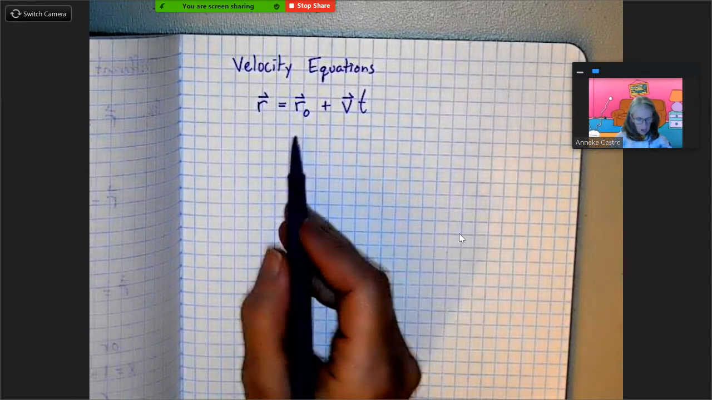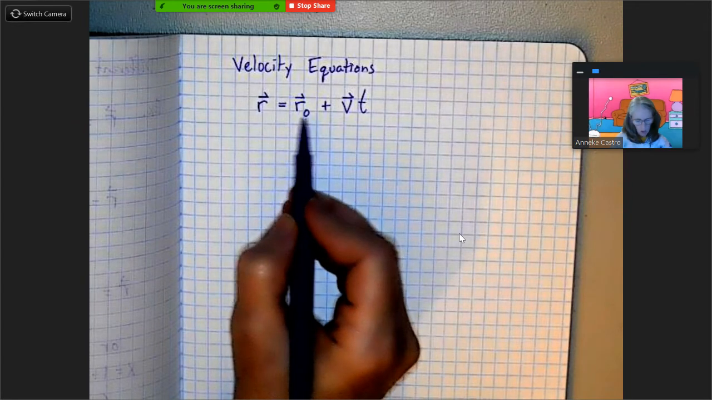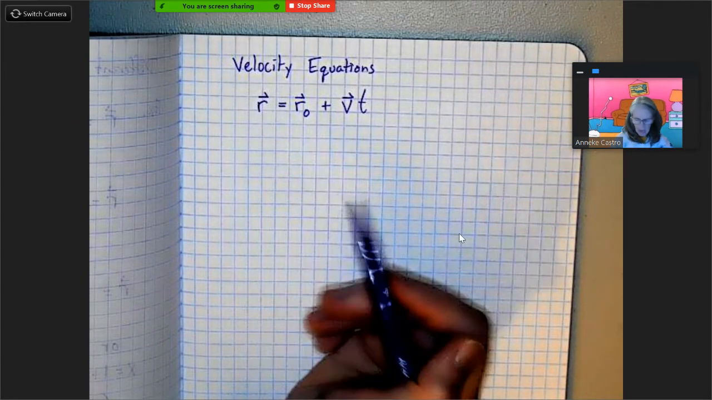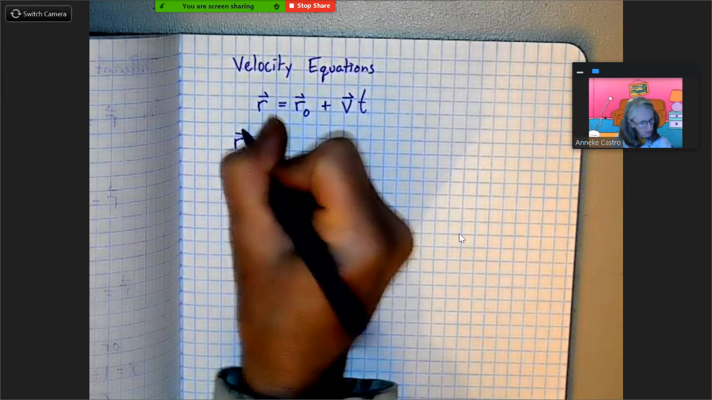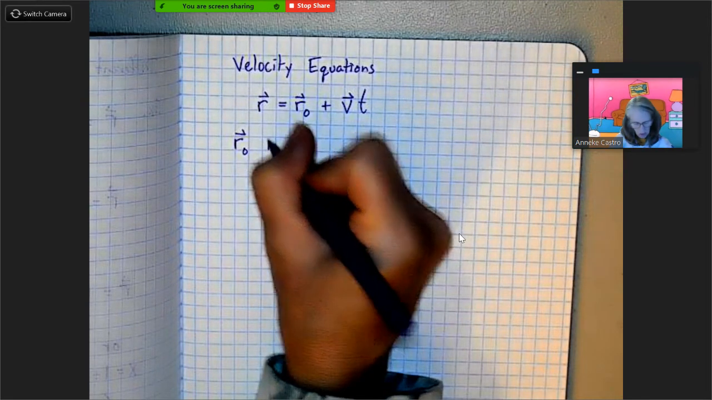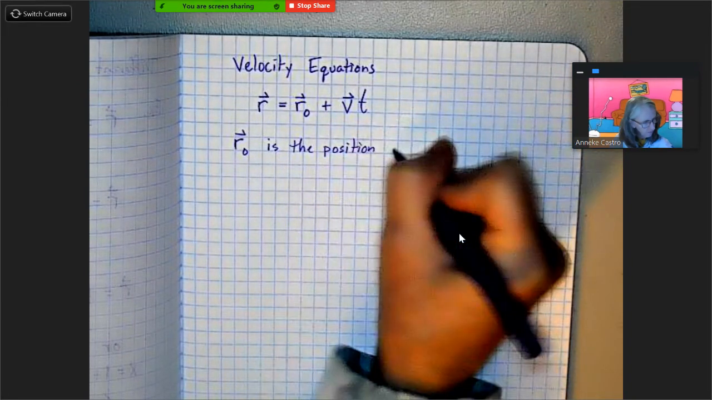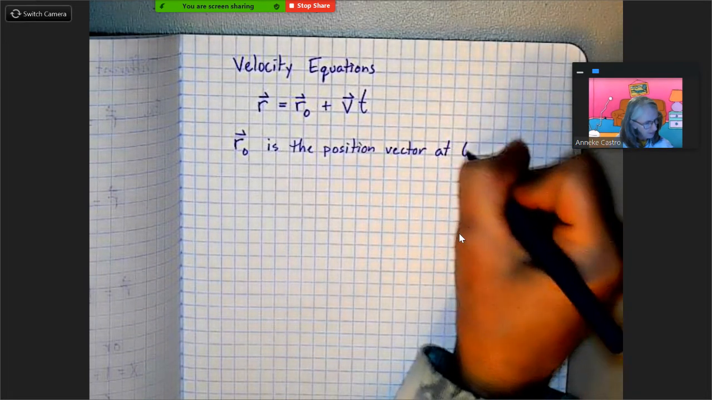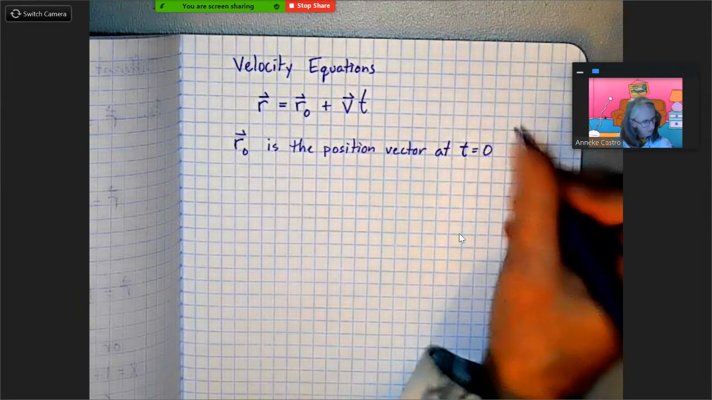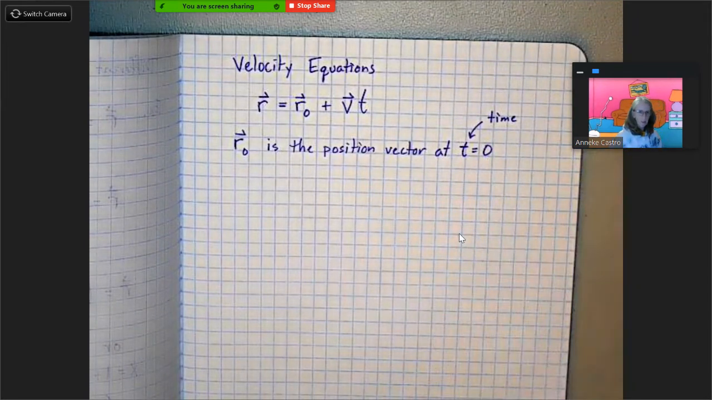Okay, so this kind of looks like what we had before. So r sub 0, let's start right there, is the position vector at time equals 0. That's why there's a little o right here. So it's very similar to the a in our vector equation of a line. Okay, so let's write that down. So this guy right here is the position vector at time 0, at t equals 0, and t is time. Okay, that's time. So when time is 0,